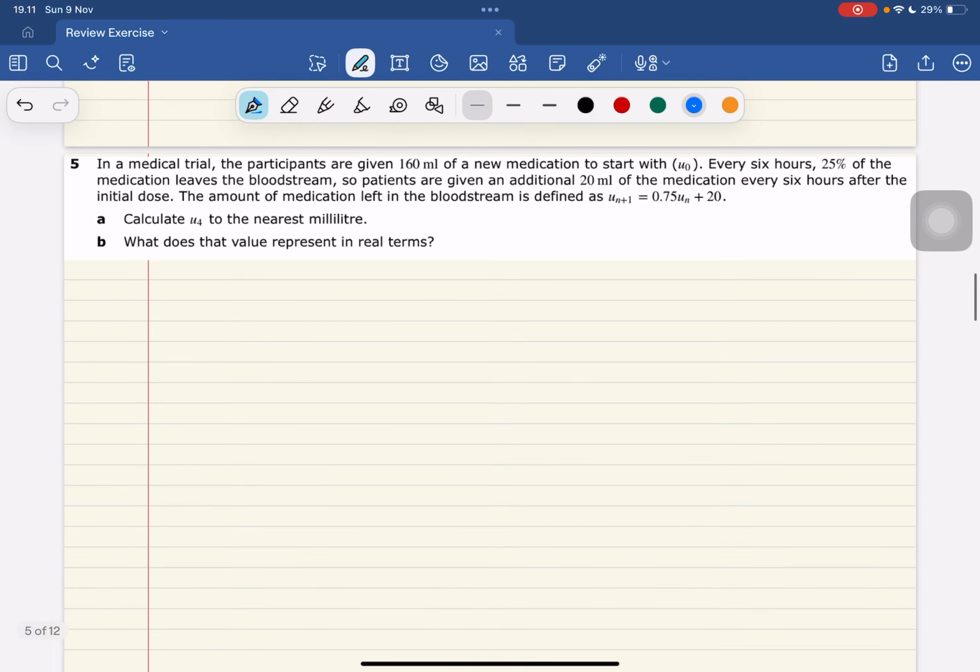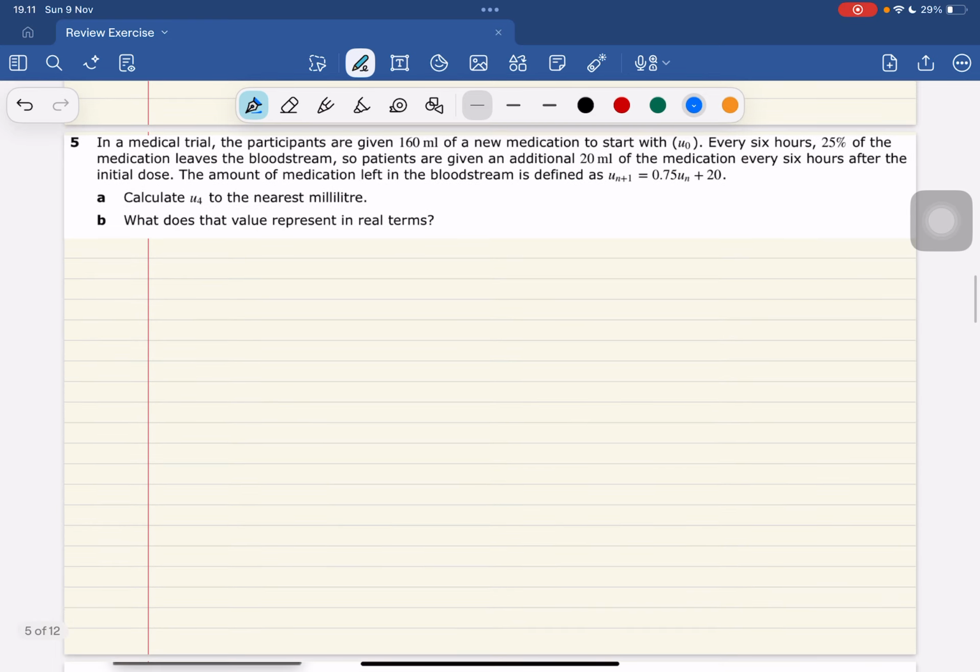Next, number 5. In a medical trial, the participants are given 160 milliliters of a new medication, starting from U0. Every 6 hours, 25% of the medication leaves the bloodstream. So the patient